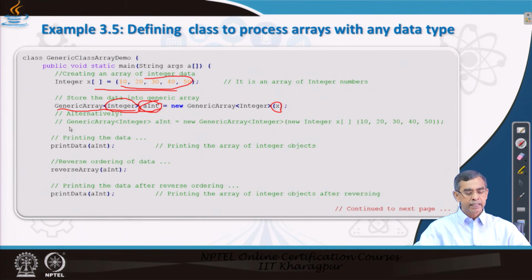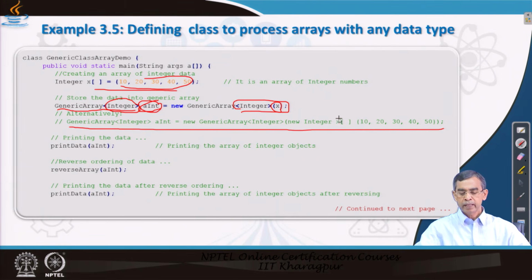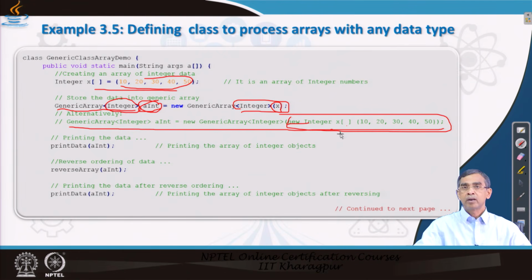Alternatively, this is another syntax you can use at the same time. Here we can see the integer array has been passed using this concept. Here actually we are using the array instantiation created by new and this array. So, in this case this is not required. If we do not want to have it, rather in the same object declaration you can do it, or else this one can be done.